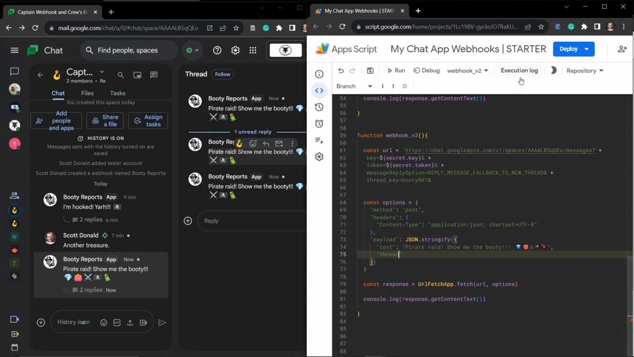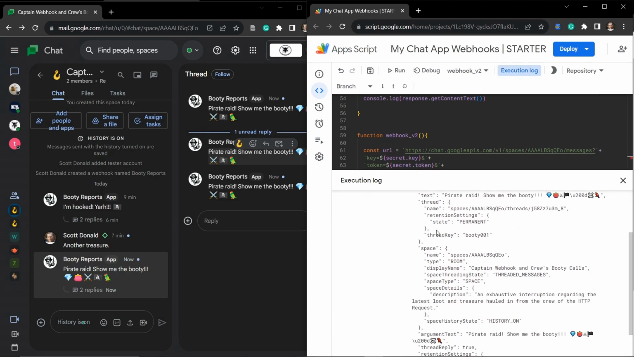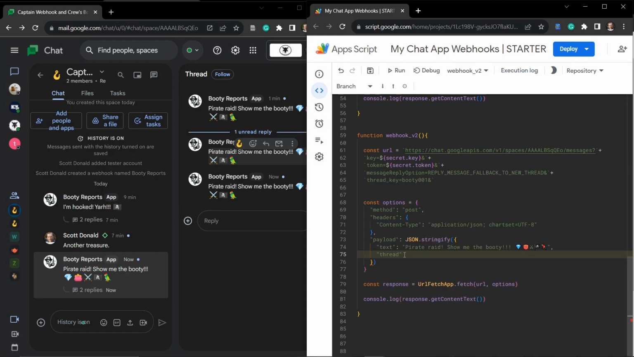Now, if I show you in the logs very quickly, you can see here that we've got this thread item here. Within this thread property here, there is a thread key. So that's what we want to do next. Now, don't make the thread key look like this because you'll get an error. It has to be thread, lowercase key. Okay, so let's go ahead and do that now. And so it'll be this thread key here, copy,